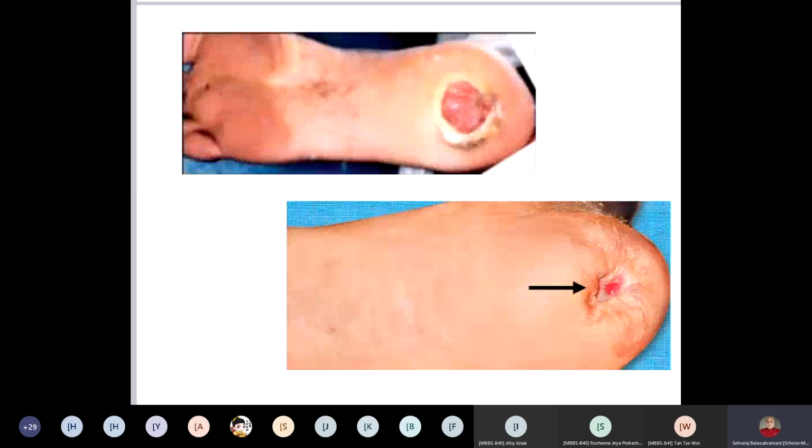And sometimes if it is still not healing properly, you can cover it with a skin flap, not with a skin graft. Because in the foot, you should not put a skin graft. If you put a skin graft, while you are standing, all the pressure will be over that point only. Skin graft won't take in the foot. So you have to put only a skin flap cover. You have to develop a flap and cover it, not with a skin graft. This you have to remember.